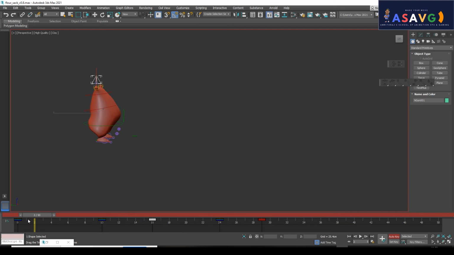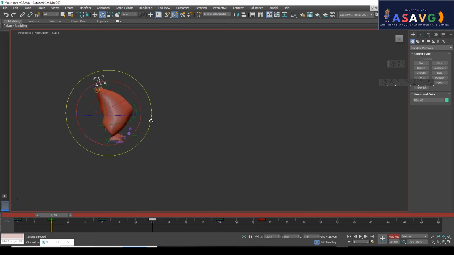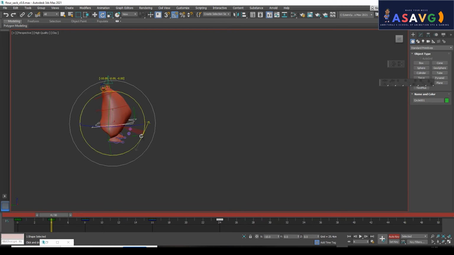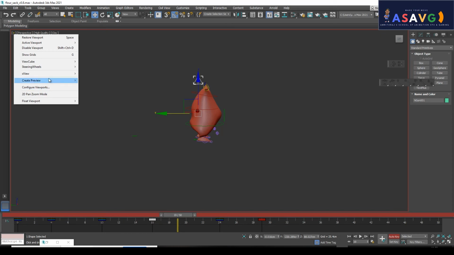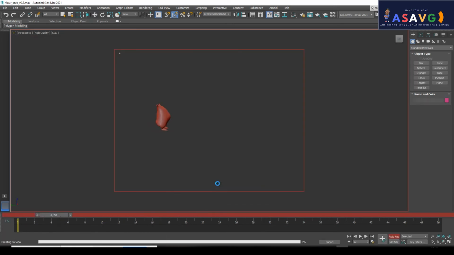If we want to give him more power, I can click here and make more anticipation over here. Just click here, make him anticipate more. Make him move a little bit back. So we can see more power over here. Look. Okay, making a Play Blast. Just click here, preview, make a preview animation.